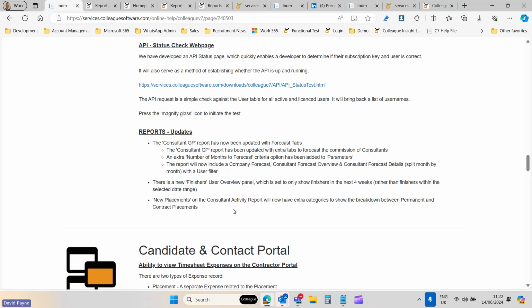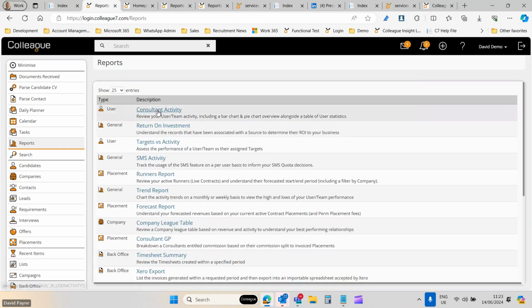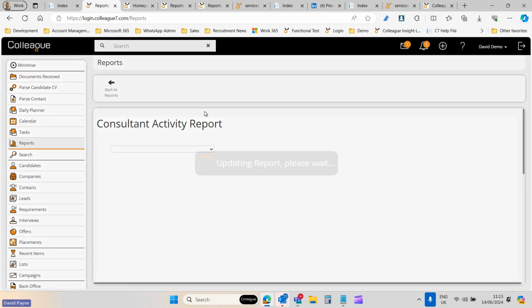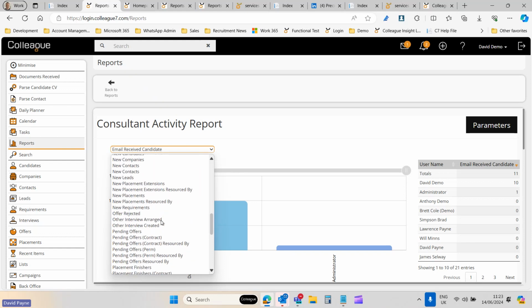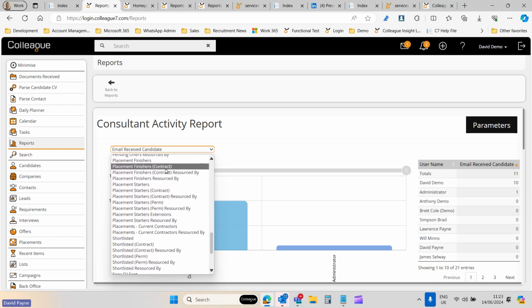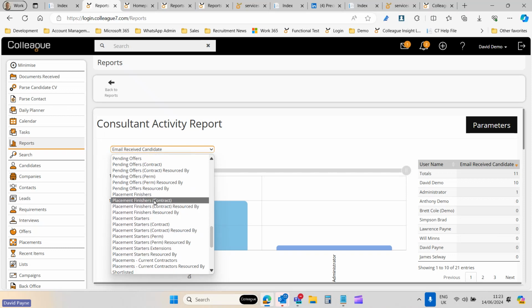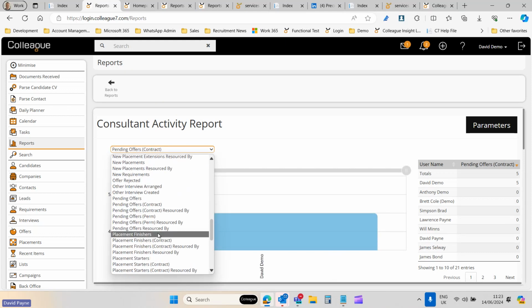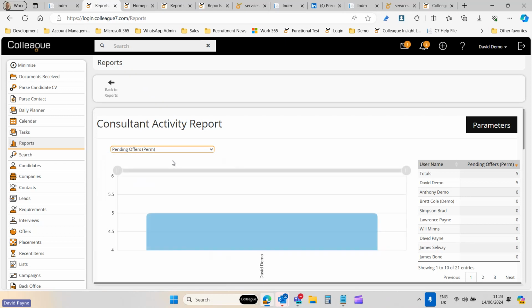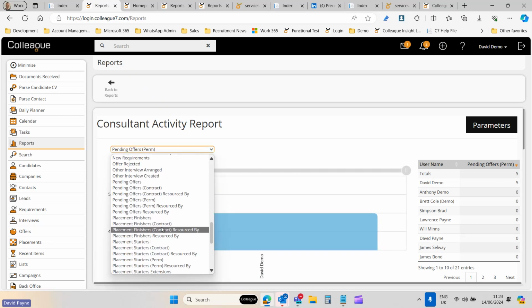In terms of consultant activity reporting and the breakdown of permanent and contract, our placement overview before was more about just giving you the numbers in terms of placements in general, whereas what we tend to find is clients want to know about the placement stats for contract, the placement stats for permanent. So there's now this breakdown where you can literally click on based on it being contract or perm,